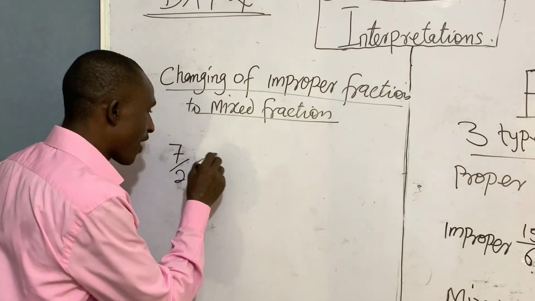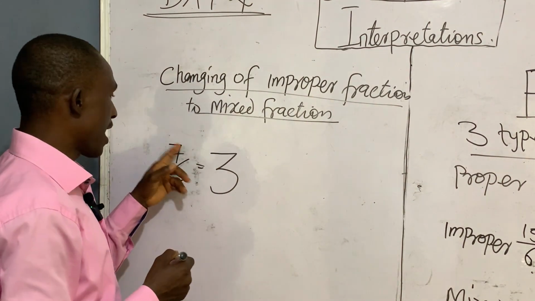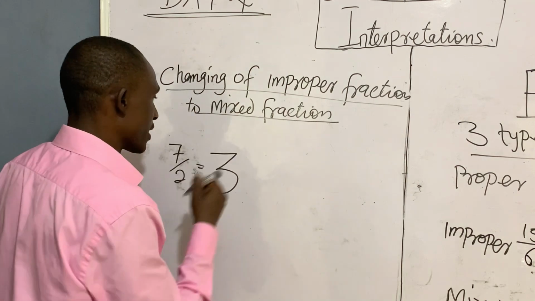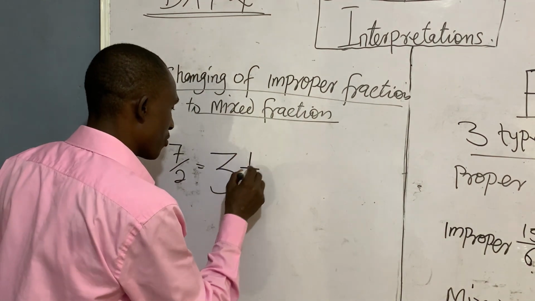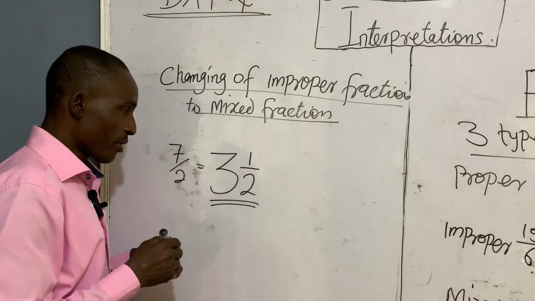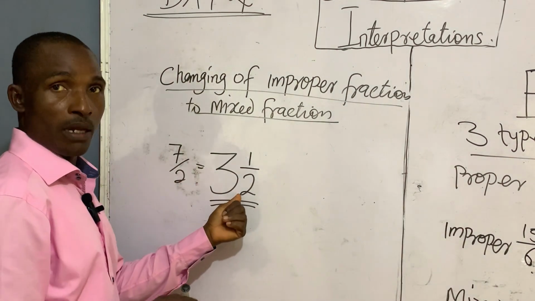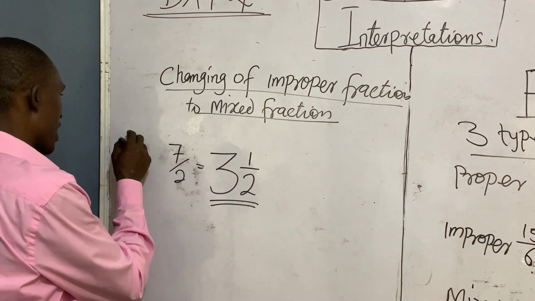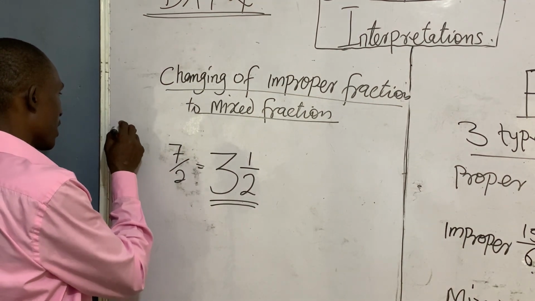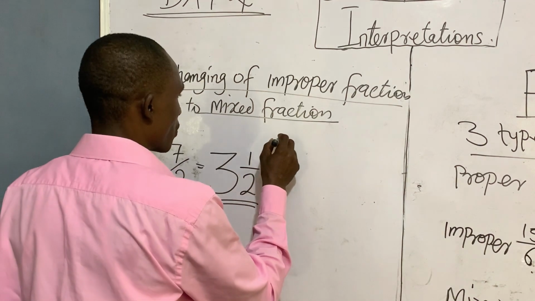That 3 is going to be put very big. Okay. Remaining how many now? Remaining 1. Which is that 1 now you put on the head of this one. So we will be able to convert this from improper fraction to what? Mixed fraction. That is 3 and 1 over 2. Example 1. Then example 2